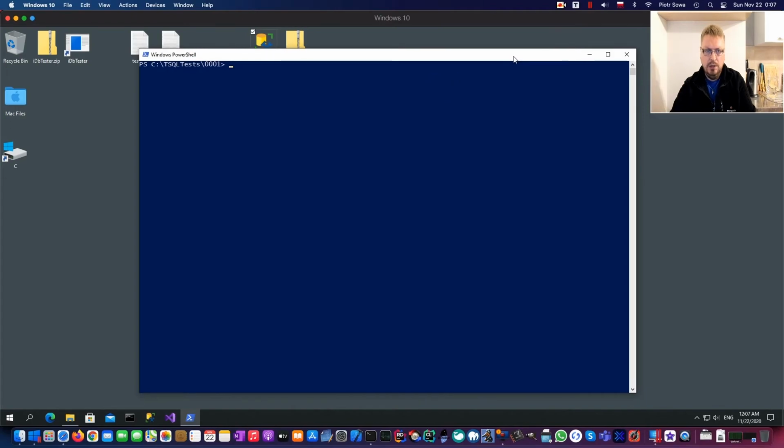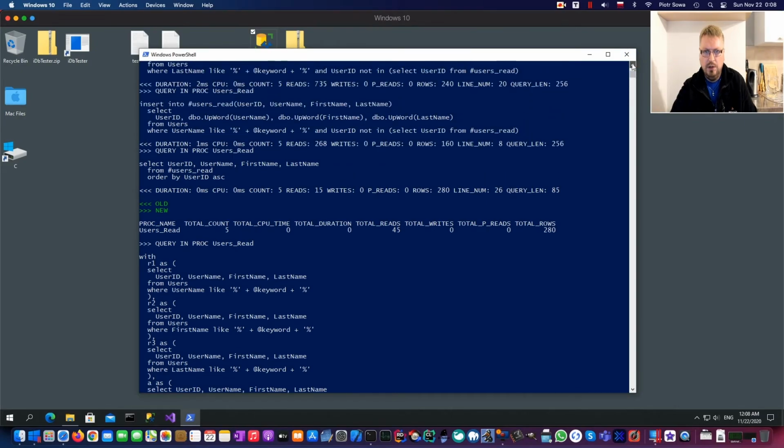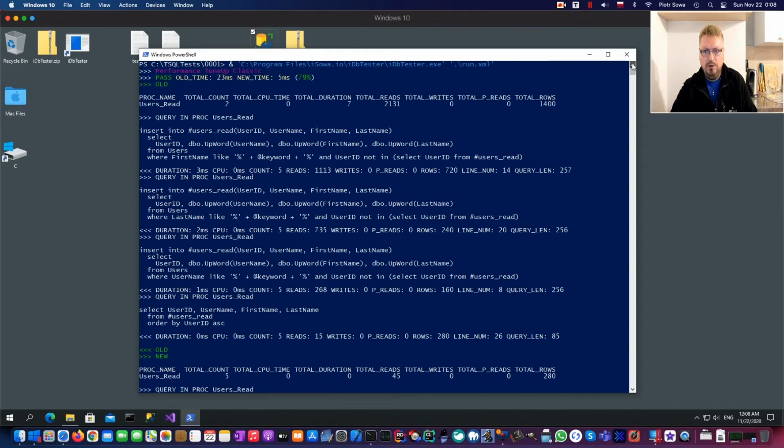And now I will go to the C program files, then to the iSova iDbTester exe with the run XML. And what's going to happen is basically running the test on the console,